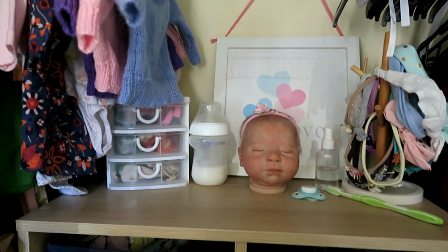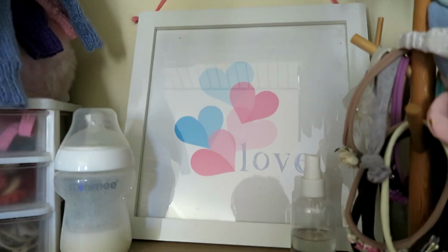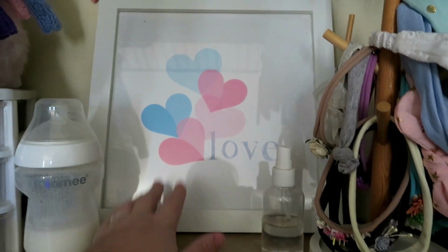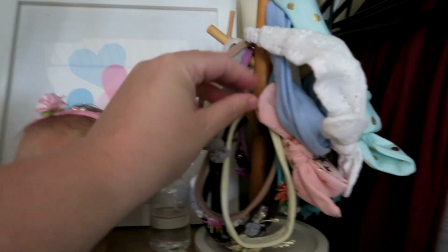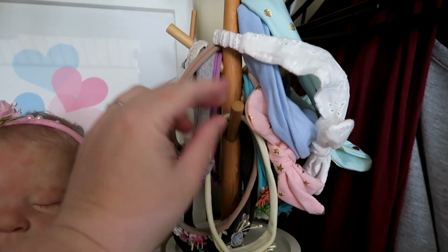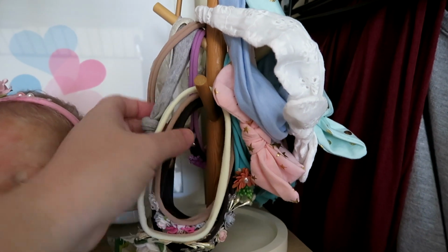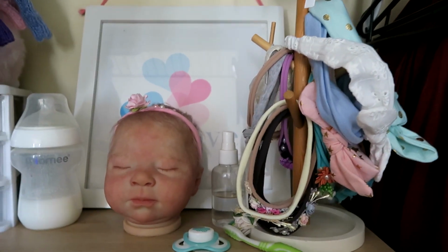But on the top shelf here, I have just some stuff that I use quite a lot. I have this lovely little frame that says love on it. I've had that for my nursery since I used to have my big cot. I have way too many hair bows. Alicia is very much so a hair bow queen. She's not so much of a hat queen, so I have a lot there, and I've got some more somewhere